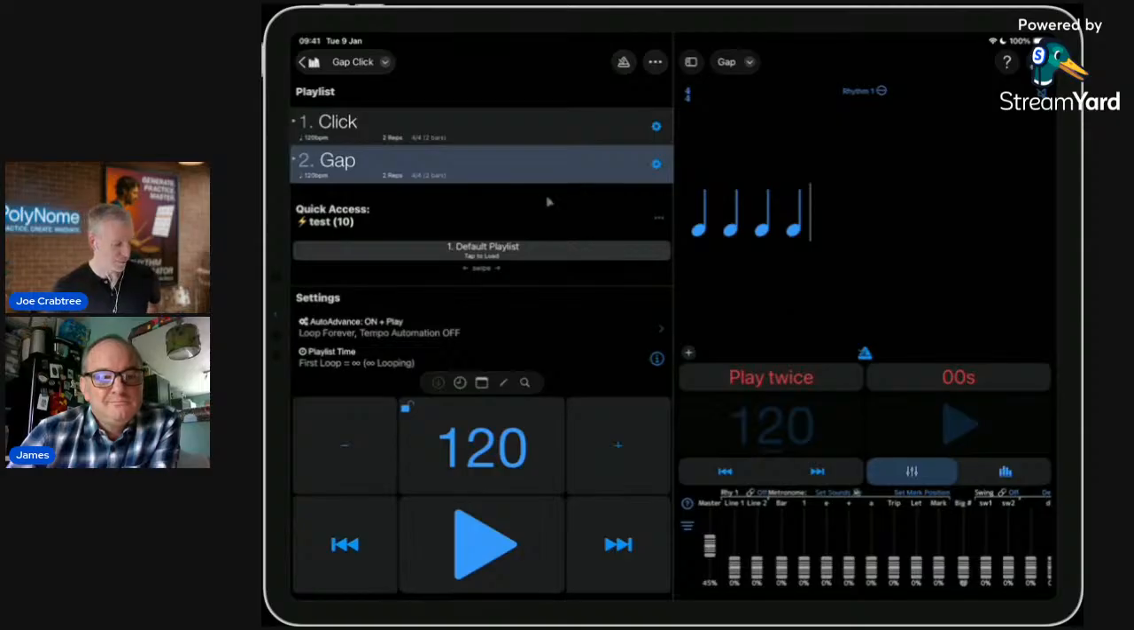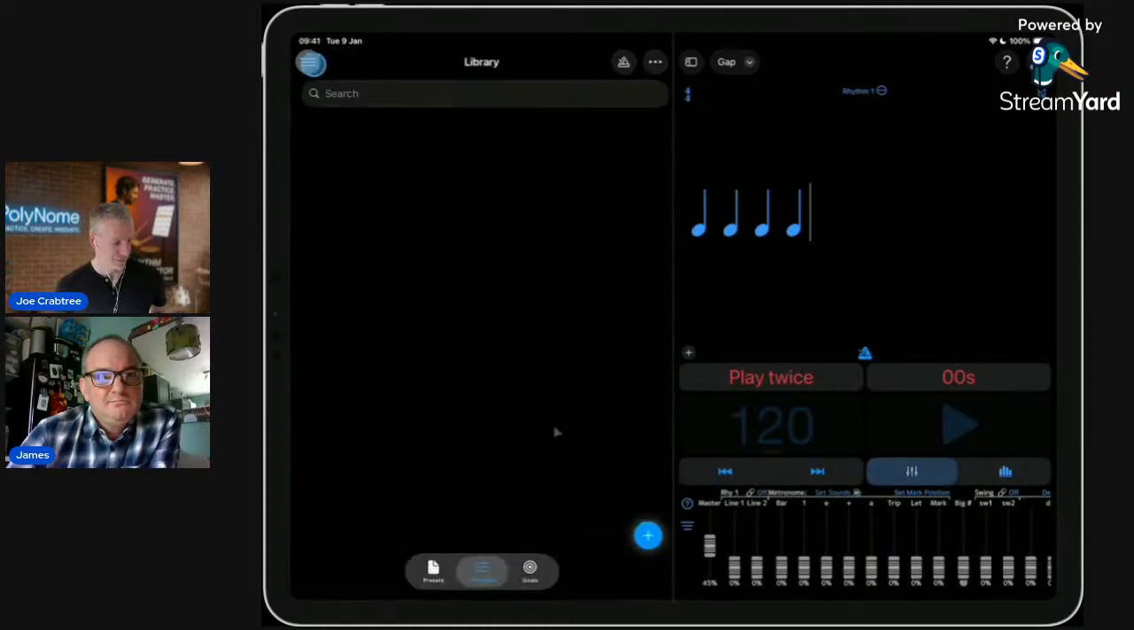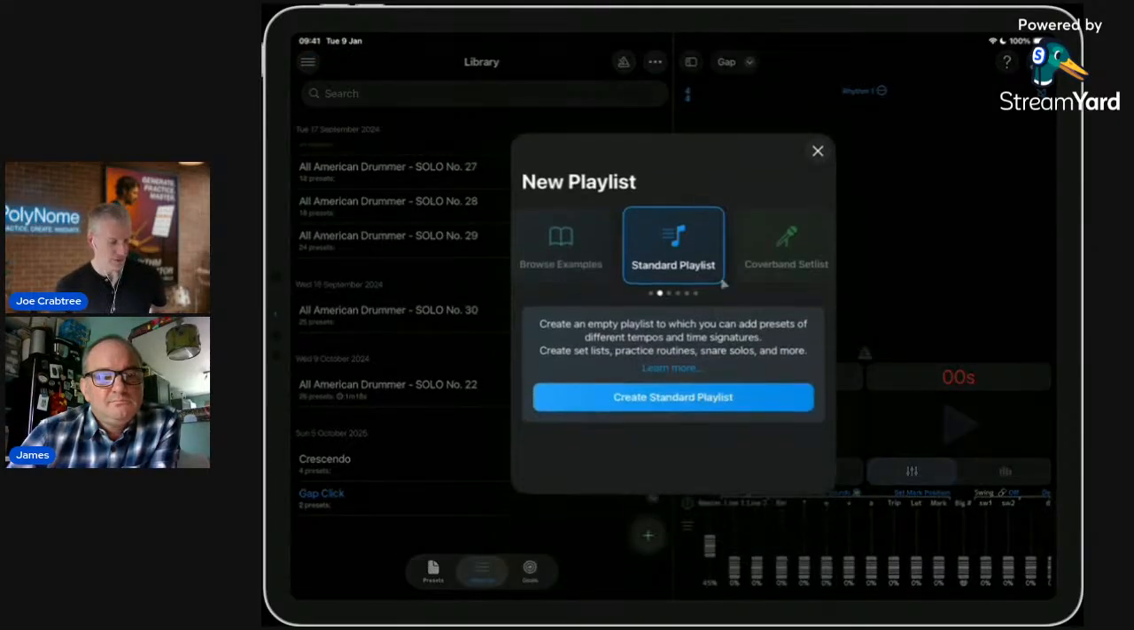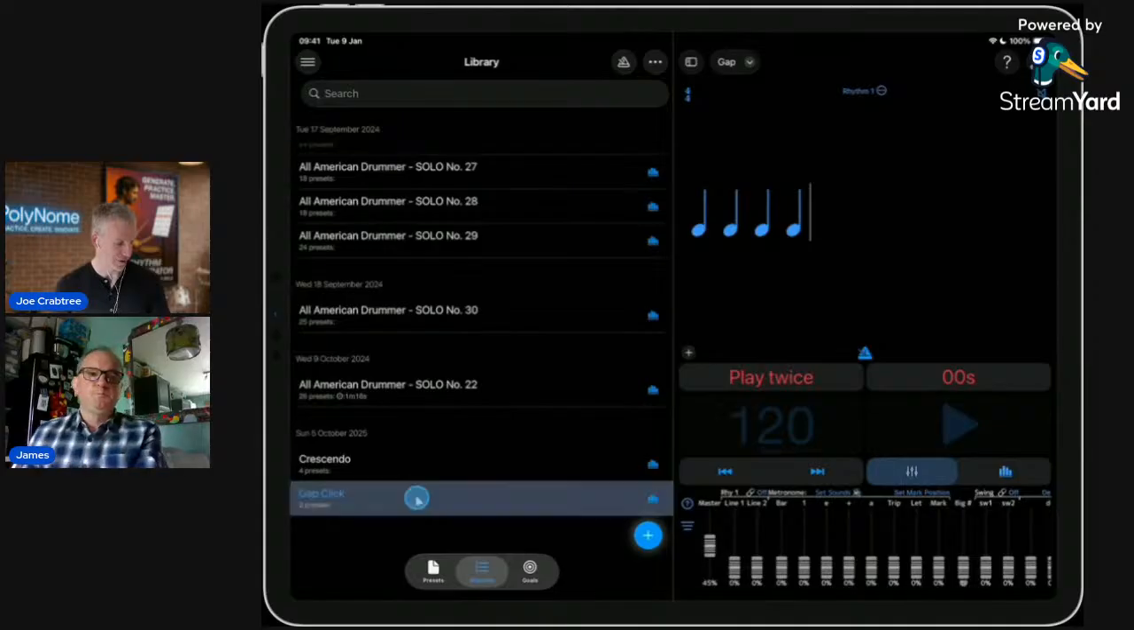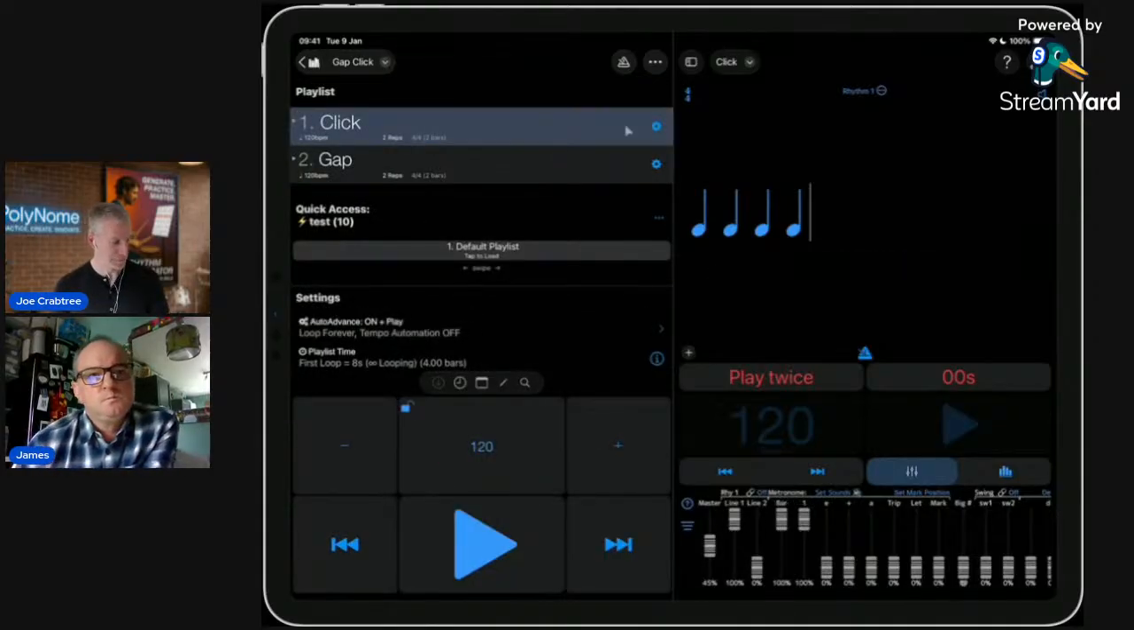So what I'm thinking is having a gap click option in here, that if you said 2 bars of quarter notes and 2 bars of rest, it would generate that playlist for you. So you wouldn't have to do that hard work. But once you're in here, if you wanted this to be 3 bars of click and 2 bars of rest, you could tweak it, or you could add more to it. And the reason I mentioned this is